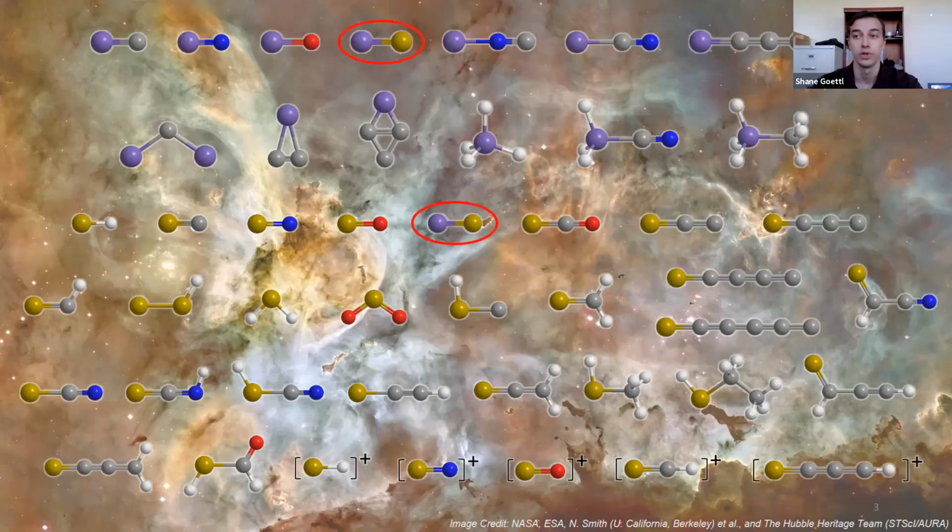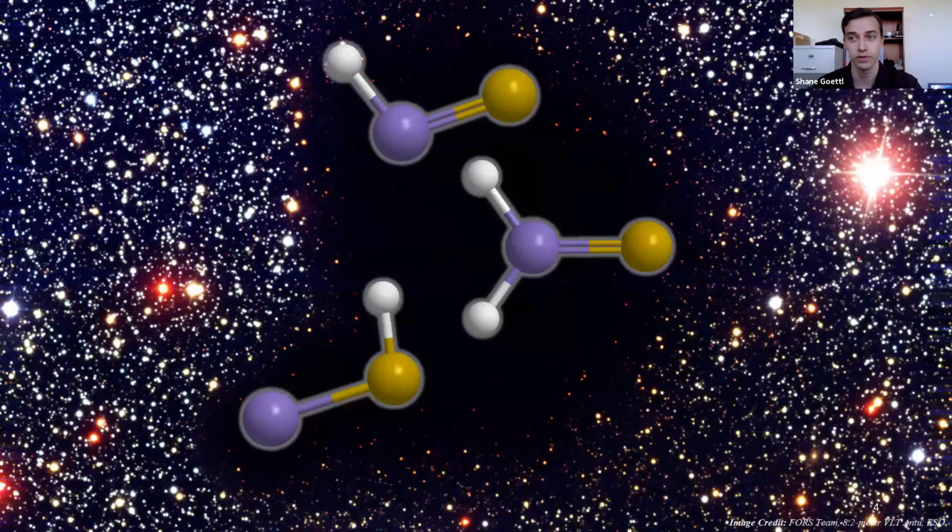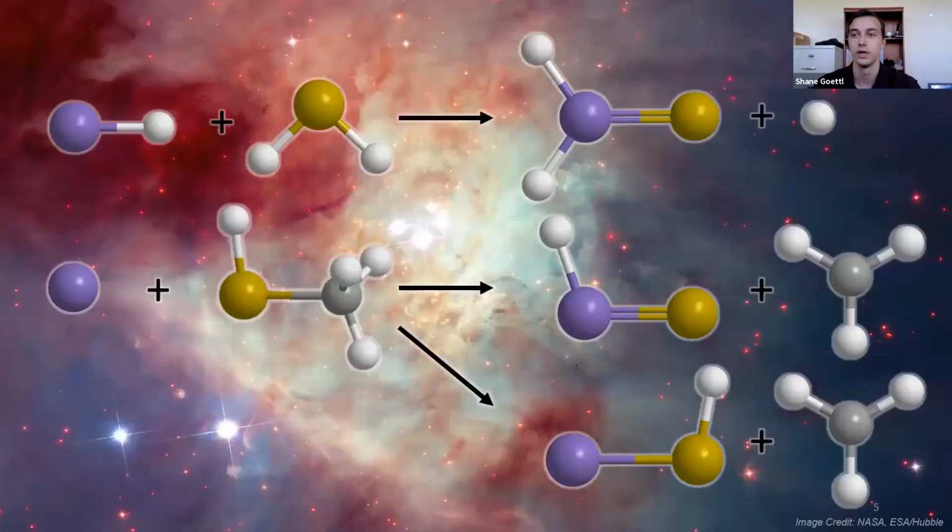However, only one molecule containing both silicon and sulfur has been detected, silicon monosulfide. But then, what about other simple silicon-sulfur containing molecules? They haven't been observed, but are they formed? And if so, how? So to explore this, I chose these two reactions where we have the silylidyne radical with hydrogen sulfide to form H2SiS and silicon with thiomethanol to form